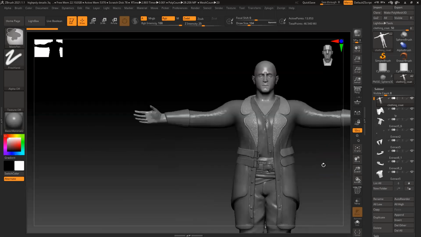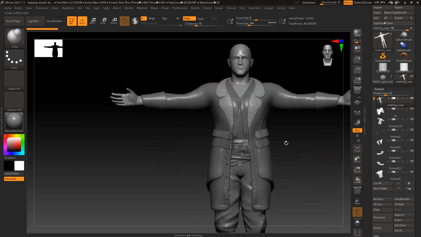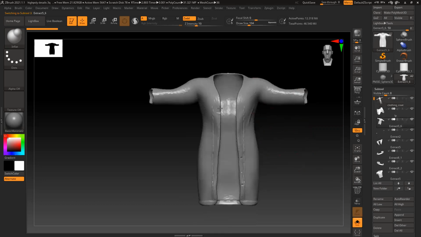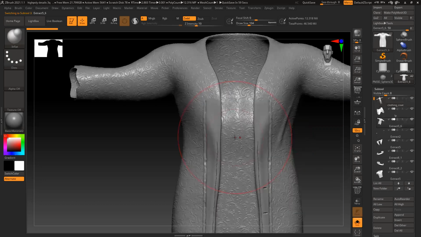Okay. So, can you hear me? Yes, yes, I can hear you. So, if you could just see the code in solo mode, there are some issues. I tried to unwrap it multiple times, but there are seams visible and stretching as well. So, is there any way to relax the UV?